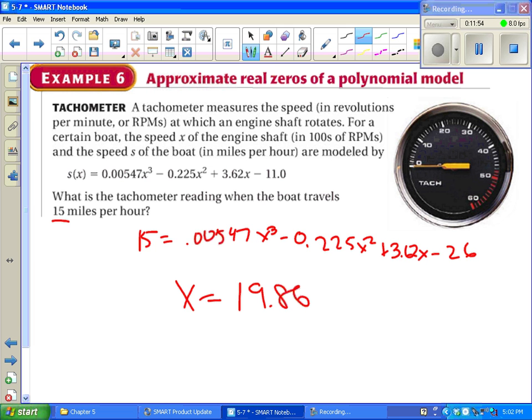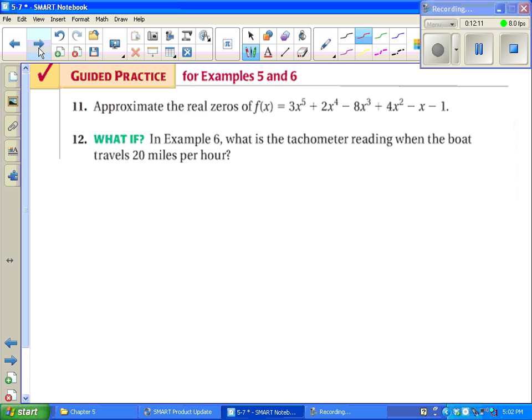And just to give our final answer, that's in hundreds of RPMs, so we've got to multiply that by 100. 1,986 RPMs. That's how fast our engine shaft is moving. That's it. At this point, you could pause the video and try these on your own, or you can do that later. That's it for